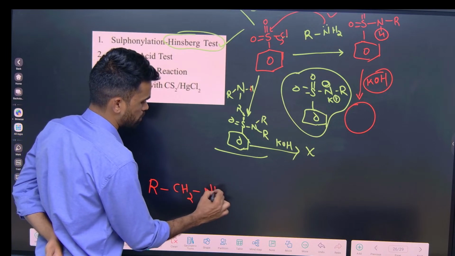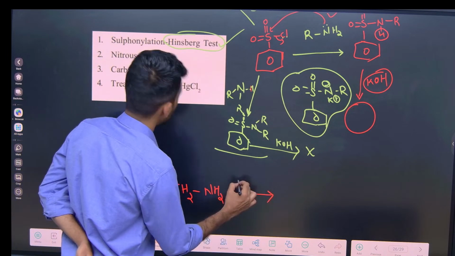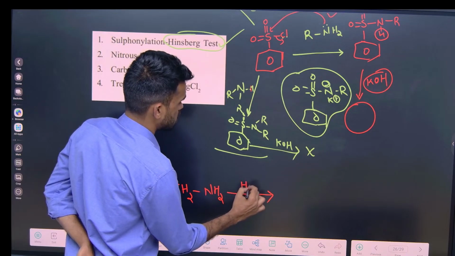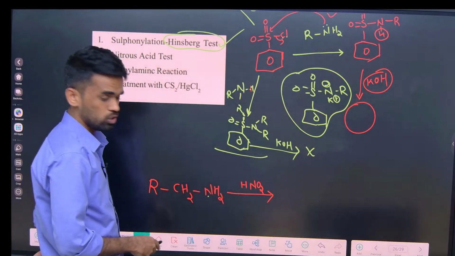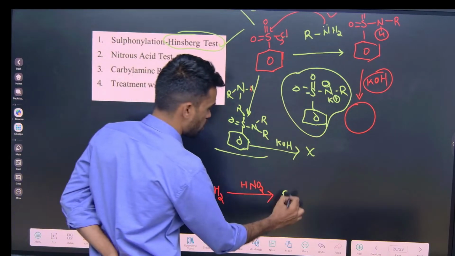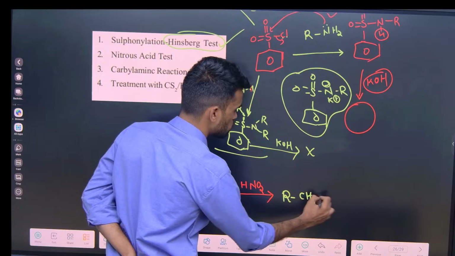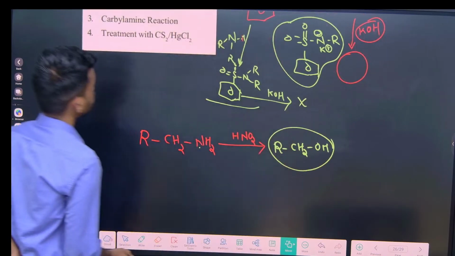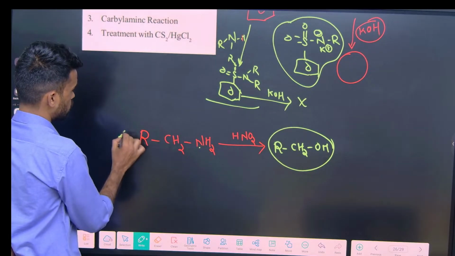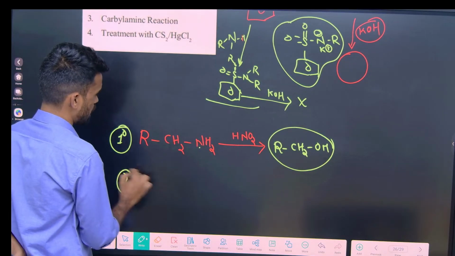Let us say this is a primary amine. Upon treating with nitrous acid, HNO2, you just remove N as N2 gas and we are going to get alcohol as a product, RCH2OH. This is the product formed in case of primary amines. Okay, and in case of secondary amines, we are going to get